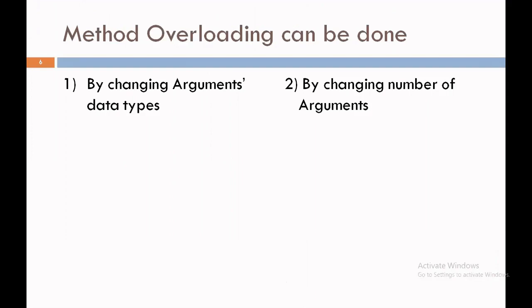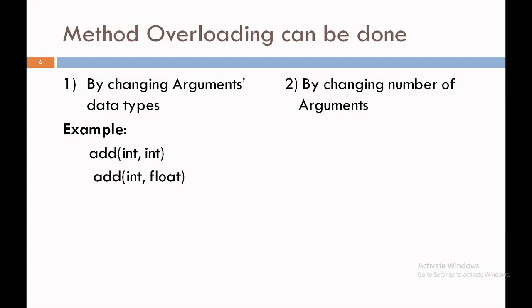I will show you an example of method overloading by changing argument types. I have two methods. The method name is the same, like add, but the parameters of these methods are different. The first method has two parameters of type integer, while the second add method has two parameters that are different: the first one is integer and the second one is float. So using this way, we can overload the method in a single class in Java. And this is known as changing argument types.